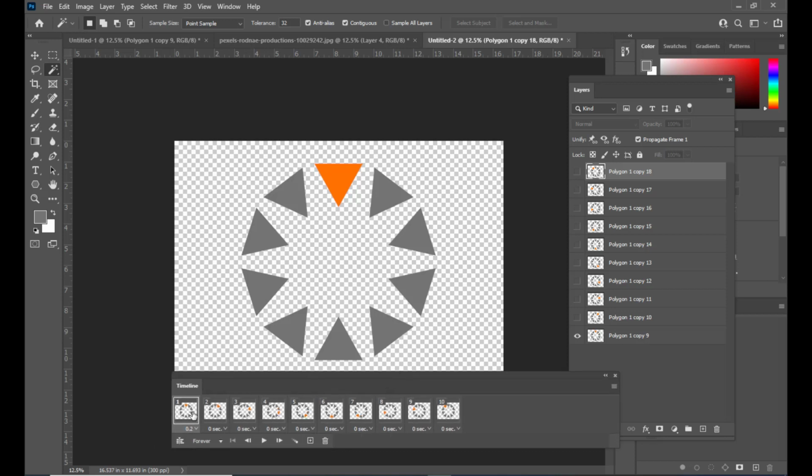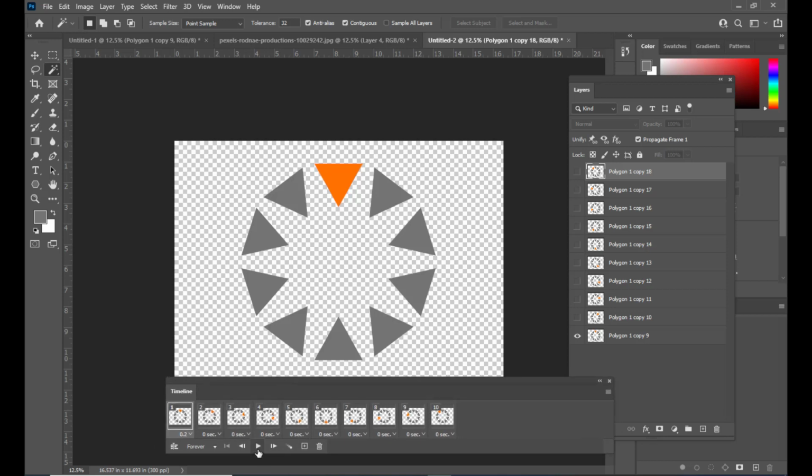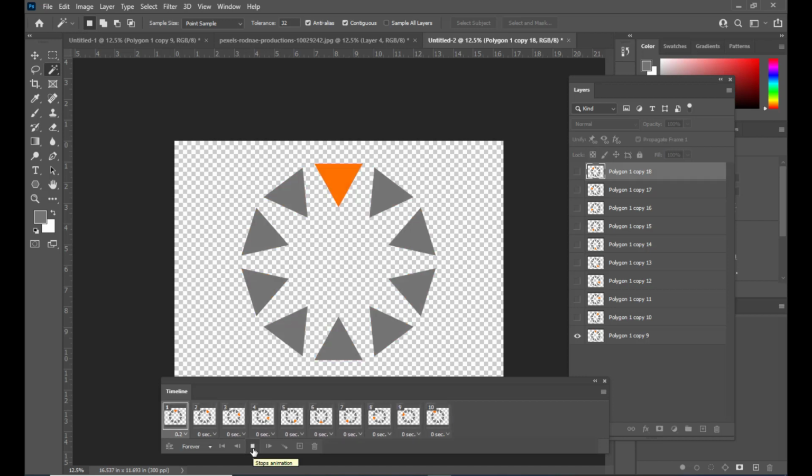Right, and now let's play. Let's see how our animation appears. So just click on this play button here, so we can see here. Right, so we got the animation. Now what we'll do is, we will select all these frames by holding shift,